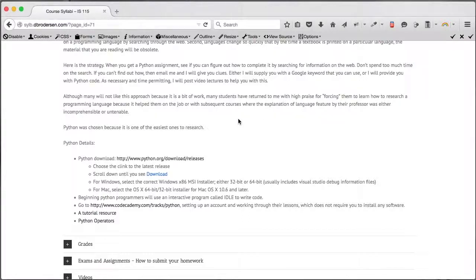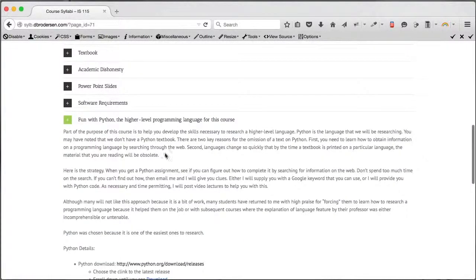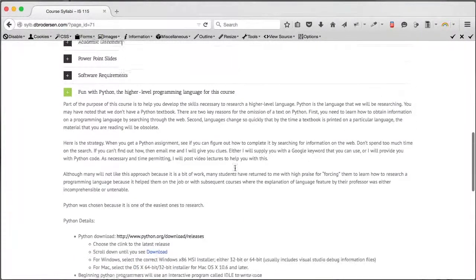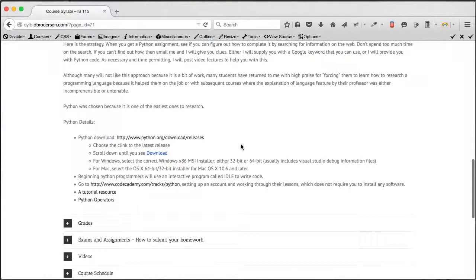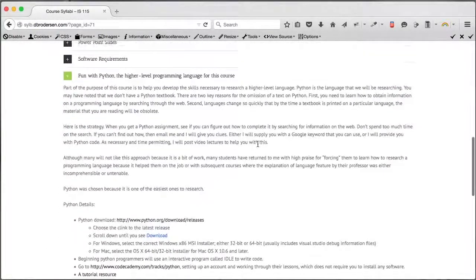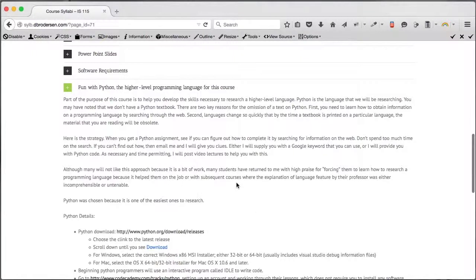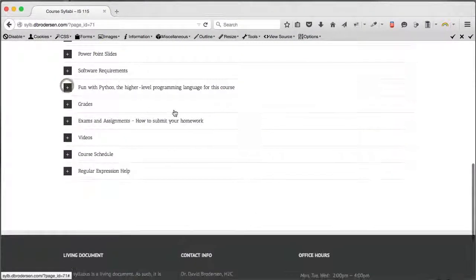You may only be getting an associate's degree from CSN and then going out into the workforce. Some of you folks are going to move on to getting a bachelor's degree, or even have aspirations for a master's. Knowing how to do what we're going to be learning in terms of researching a programming language is absolutely necessary. It is the cat's meow, and it will save your bacon both academically and at work.